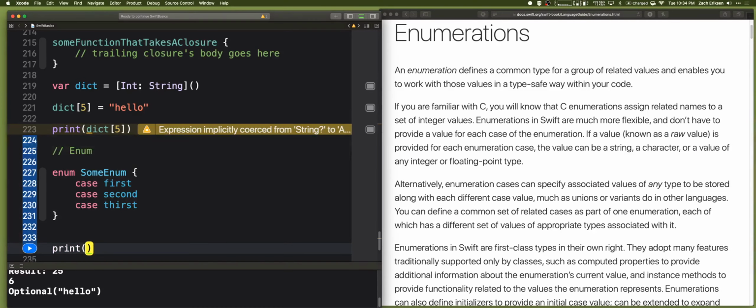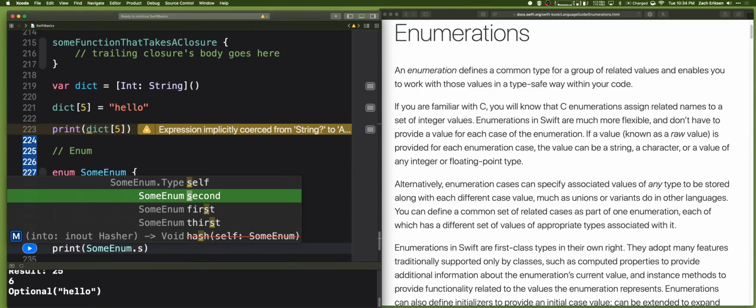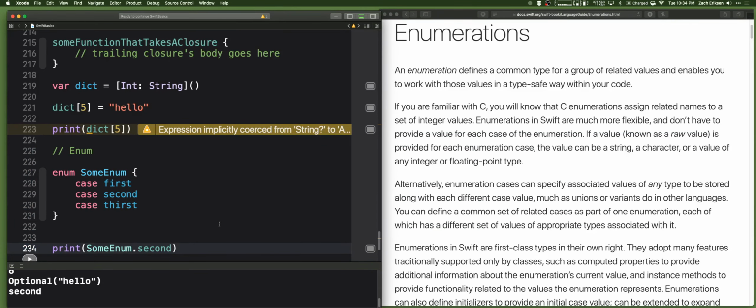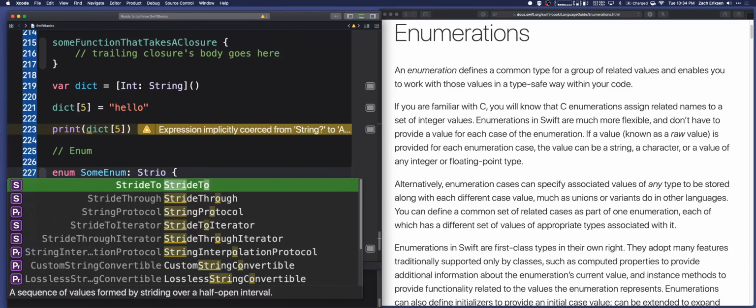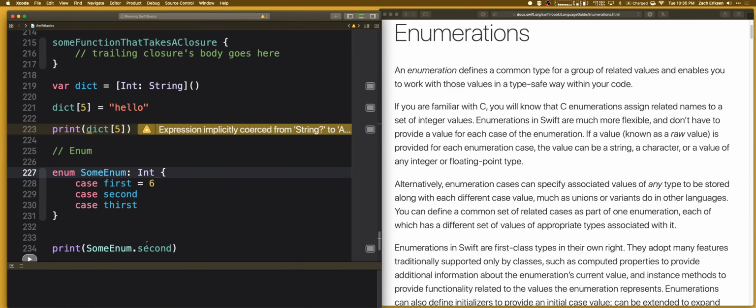if I wanted to print some enum second, well, what would it print out? Well, it actually prints out second right now because it defaults to string. So this enum is actually type string, which means that any of these have a raw value of string. So if I wanted these values to have int, then I could say that first starts at 6 and second would be